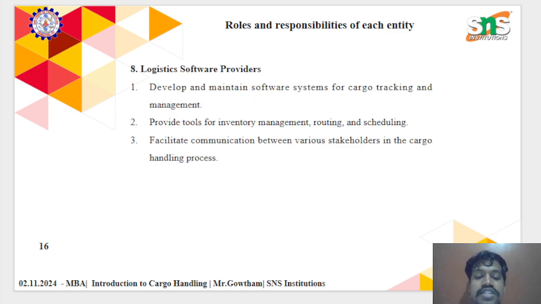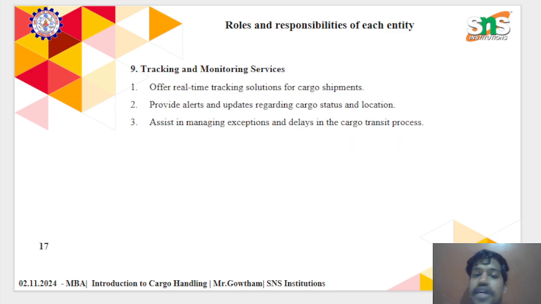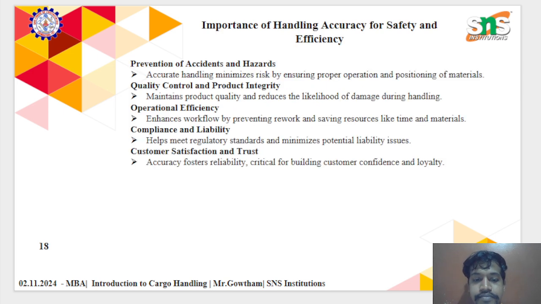Logistics software providers provide tools for inventory management, tracking, routing and scheduling. Tracking and monitoring services provide real-time tracking solutions for cargo shipments. Importance: prevention of accidents and hazards, quality control and product integrity, operational efficiency, compliance and liability,